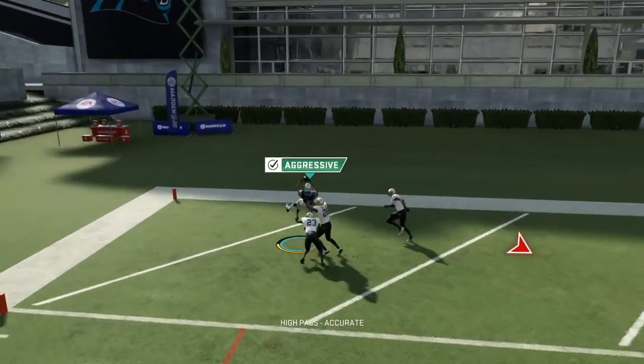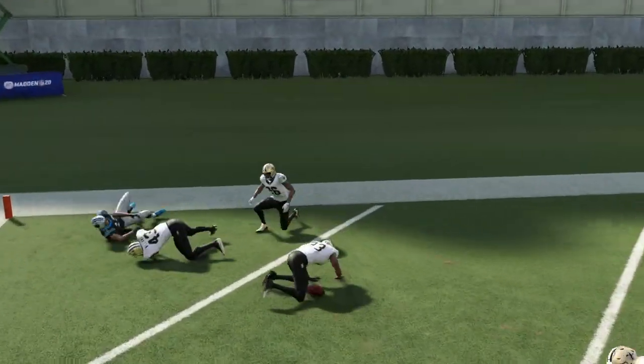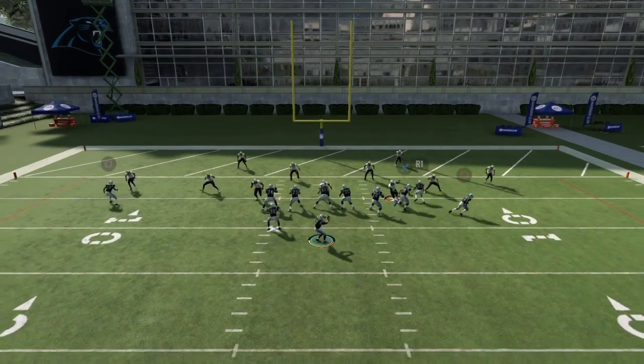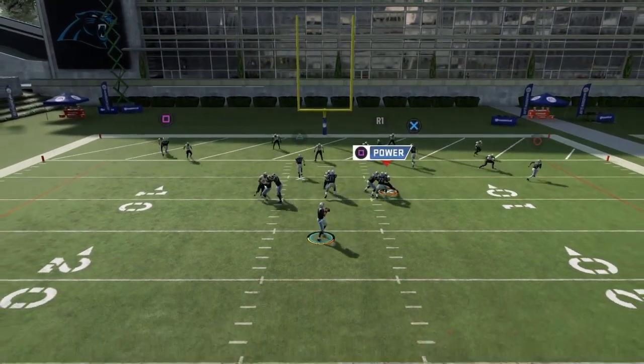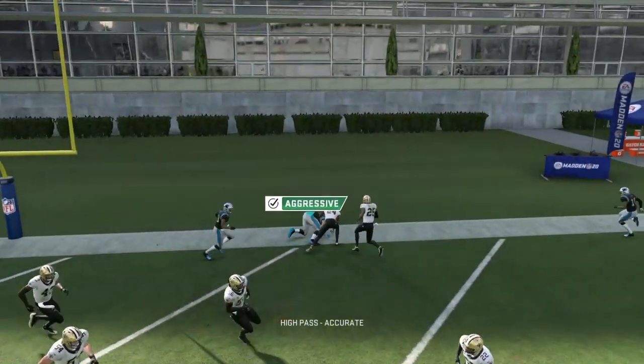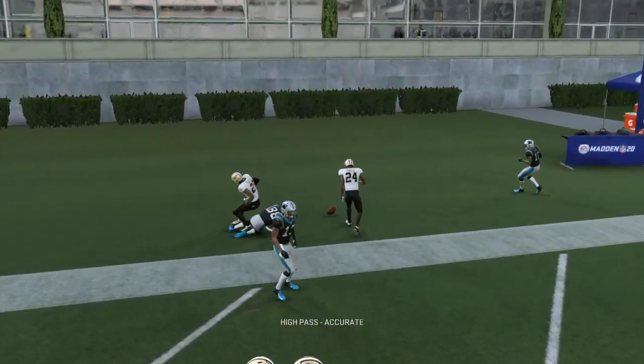So what you want to do is click on, and get in a position where you box out the cornerback. So there I go for an aggressive catch. So here I'm showing you with the other routes. So I mean, obviously,